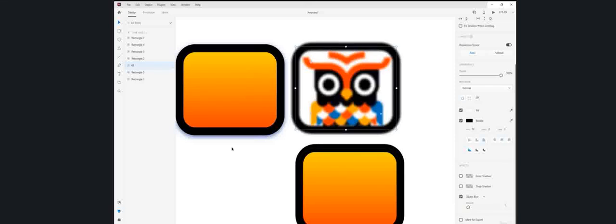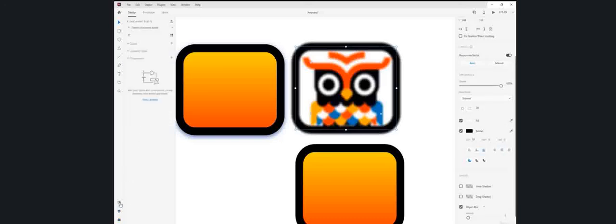Now we get the idea of how everything works in Adobe XD. And on the left side, we have the plugins. There are a lot of plugins that I will show you guys how to download. And we have the layer panel, and we have the document assets, which are the color, character style, and component, which I will explain